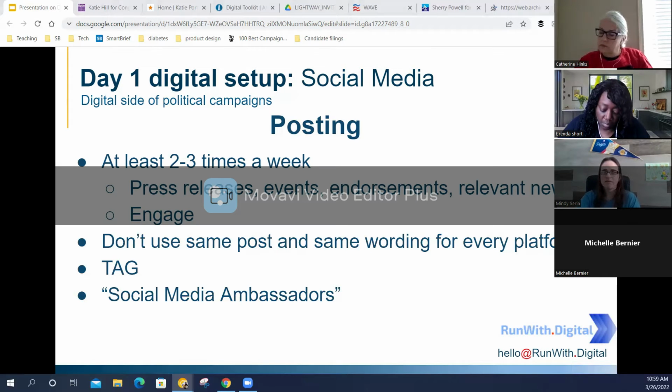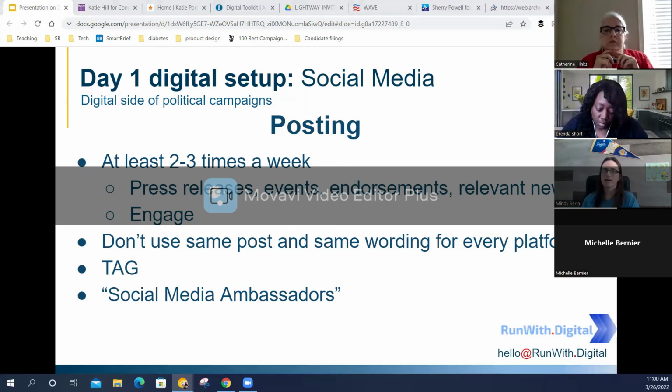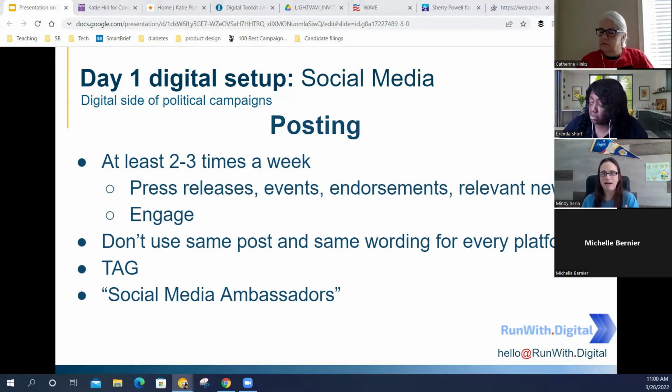And so if you have your social media ambassadors who can say, this is my friend running for office, here's a meme about my friend running for office, here's a statement on something from my friend running for office, you're then getting free advertisement to their 500 friends. And if you have 10 of your friends doing this, you're getting free advertisement to 5,000 people. So you want to get your friends involved as social media ambassadors so that they can kind of spread the gospel about how awesome you are.